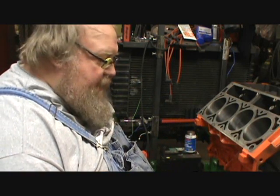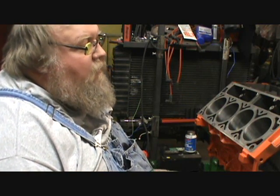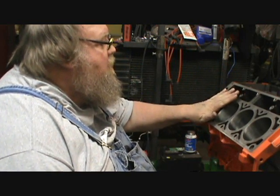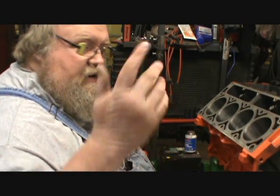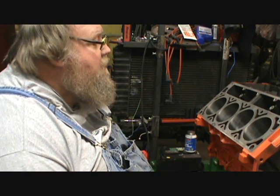Well, I don't want to open that yet, and actually, that's the way it's just going to be. So, I think this is where I'm going to quit on this for tonight. I'm just going to stop right here, come out tomorrow, get all the pistons and rings on. I mean, I still got them in the box covered up. They should be nice and clean. Should just have to blow them off